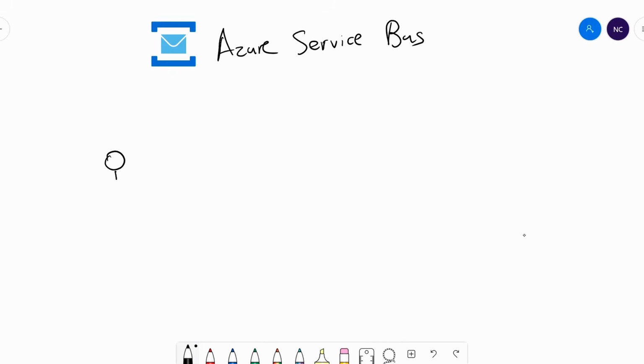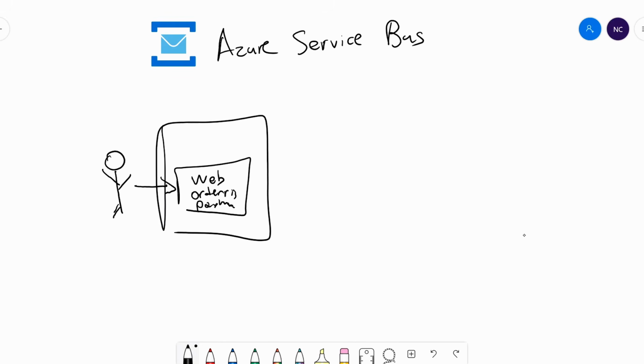So let's say I have Nick here. This is me, and Nick wants to book flight tickets because they're very cheap now. And what I would normally do in an old monolithic approach would be that our application is the web app here, and it also has the ordering service internally, potentially payment calls, all that is within this application.